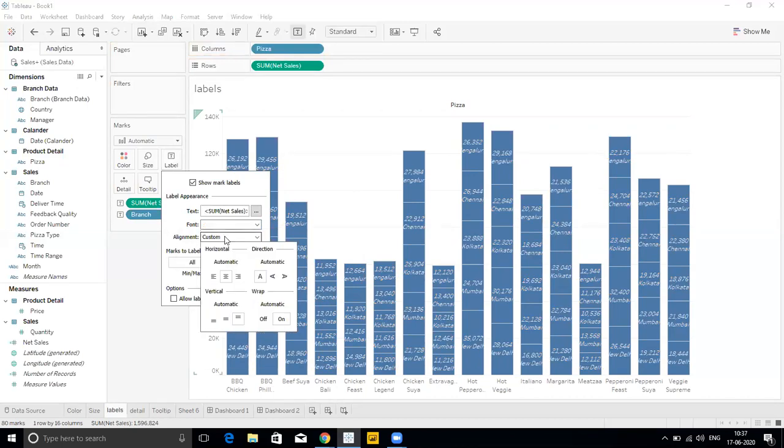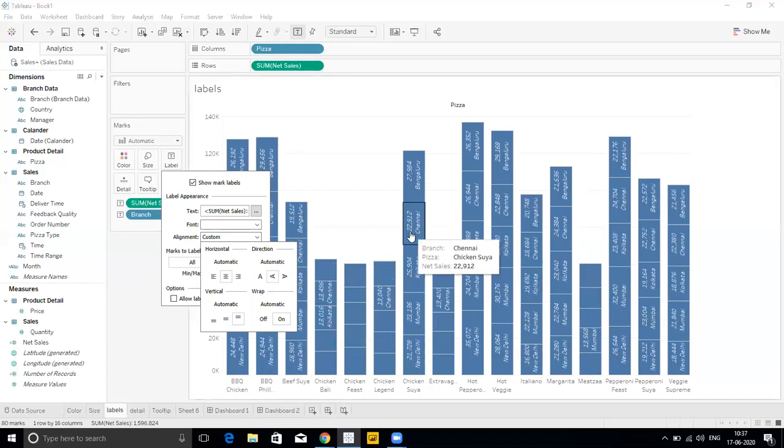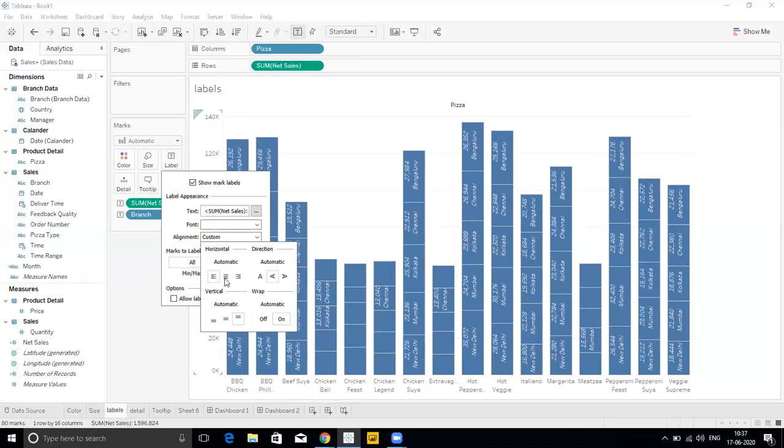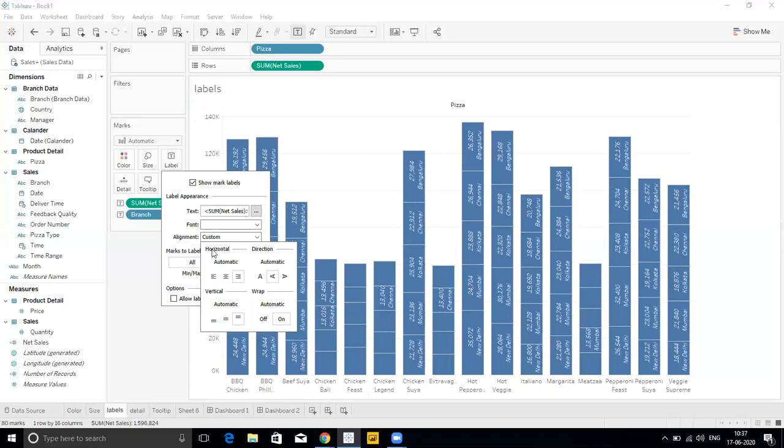Now if I come to this alignment and change this one, look at that, it's coming with the sales value and the branch name as well. Similarly, you can change the direction vertically and horizontally here. This is for horizontal, this is for vertical. If required, you can change it as per the horizontal and vertical scenario.